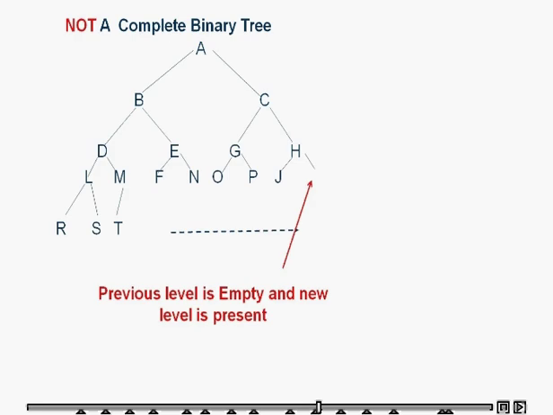Let us take one more example of a tree which is not a complete binary tree. See this tree. A has 2 child nodes B and C. Similarly, B has D and E as 2 child nodes. C has G and H as 2 child nodes. But in the next level,